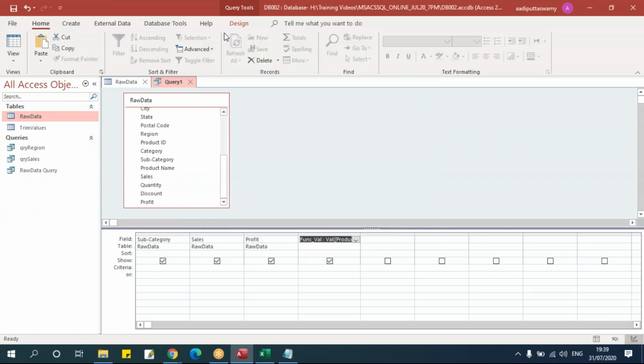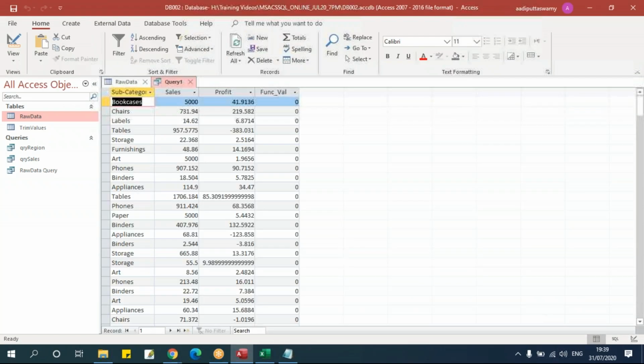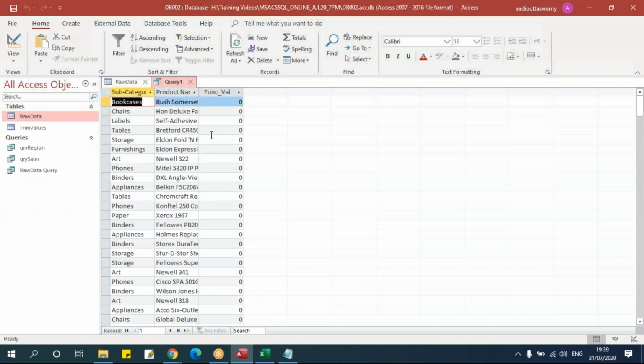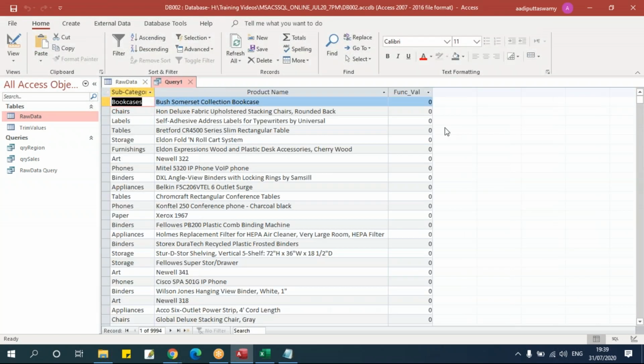Now if I run this, see it says 0. If there is no value, it will give me 0. Let's take the product name column as well. Just drag and drop here. We'll remove sales and profit. Run this. Wherever you see 0, that means the text is not starting with a number.